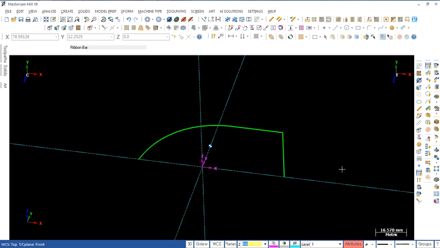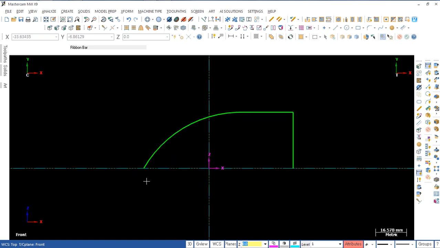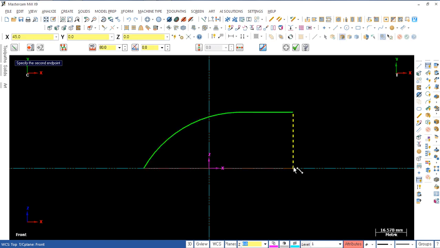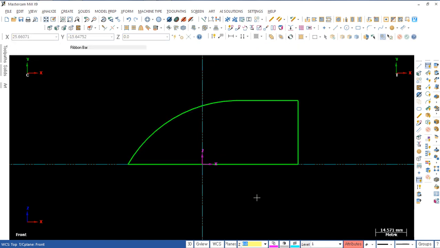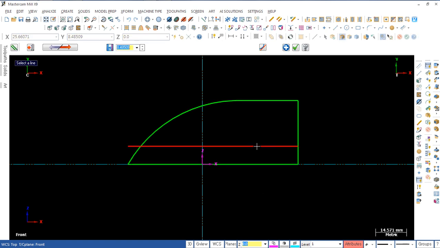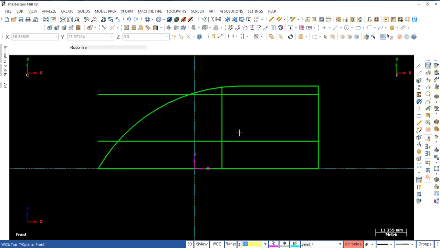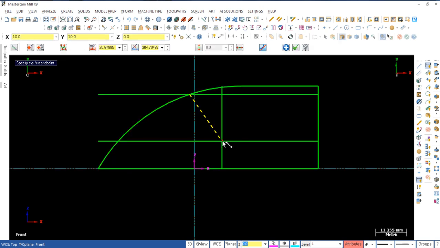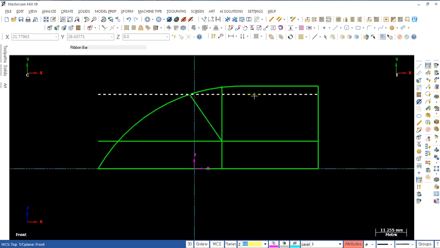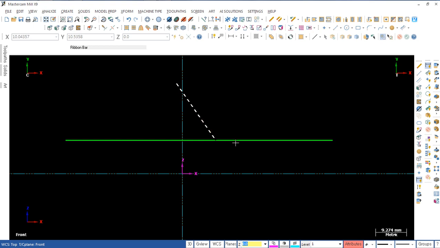As I need only this, so Alt E, and draw a line here, so offset 10, 10, 27, and 35, and draw a line, so delete unnecessary geometries, delete, and fillet,